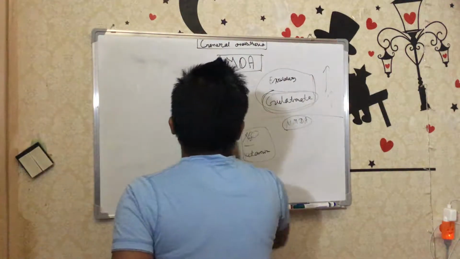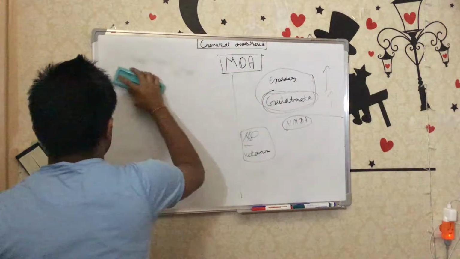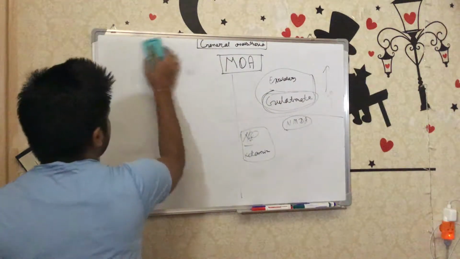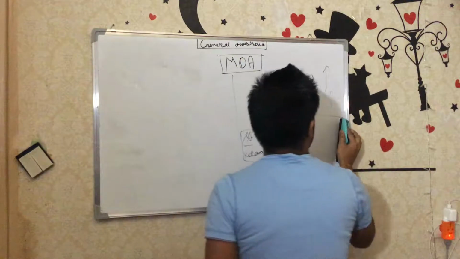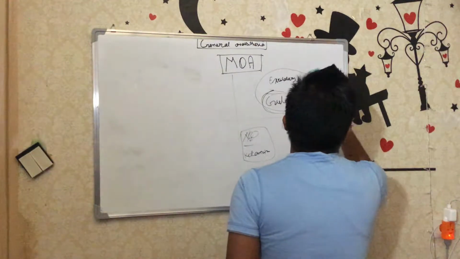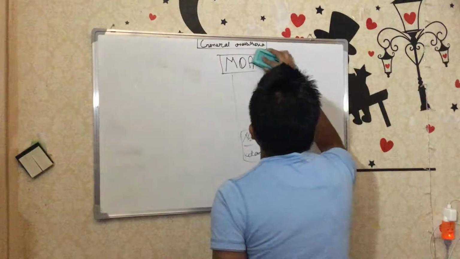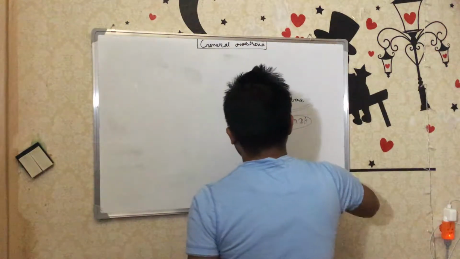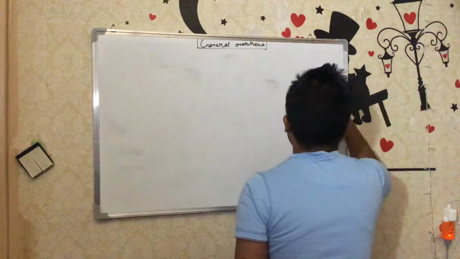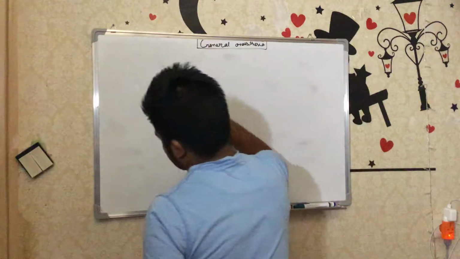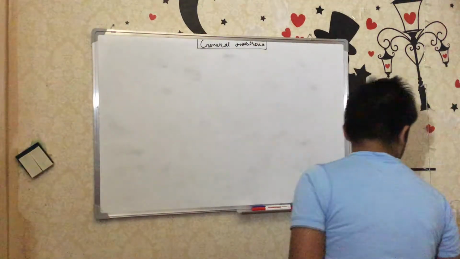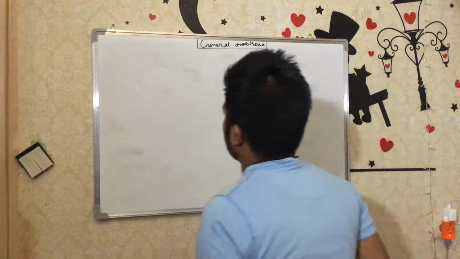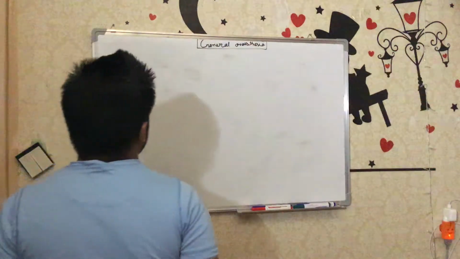So we discussed the main mechanism of general anesthesia. Now we'll discuss what the main properties of the drug are and what is needed during anesthesia. Before we start, we should know first